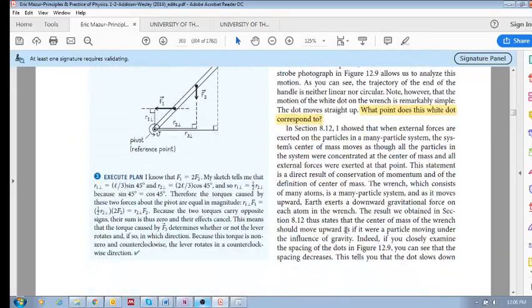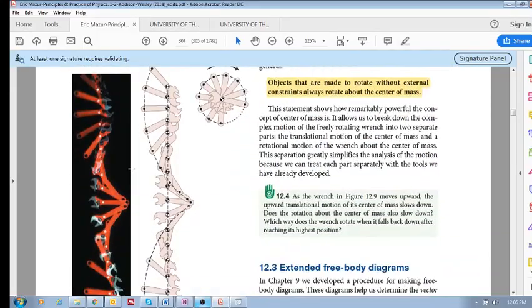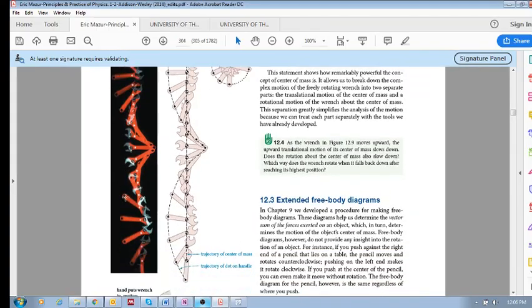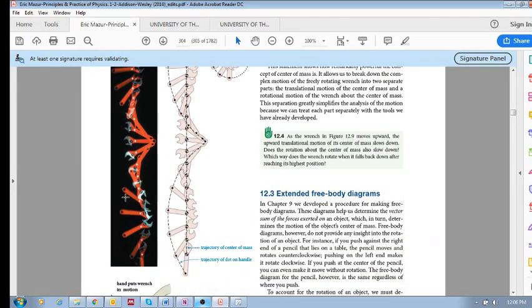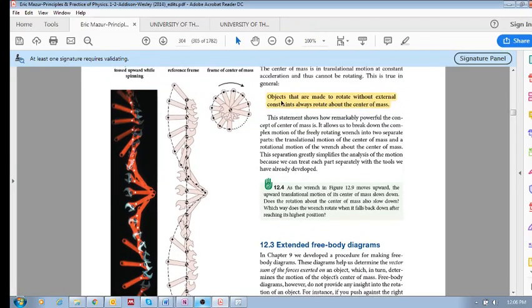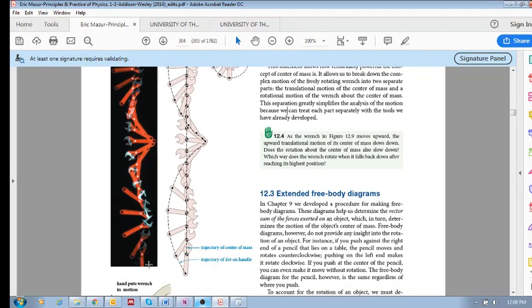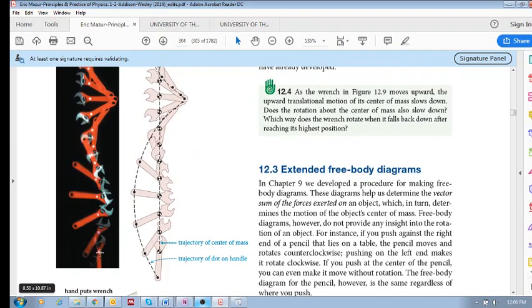Let us consider a picture again, and we'll consider this wrench. Well, we call it a spanner. You take the spanner and rotate your wrist and throw it up. So it's going up and it's rotating, so it's experiencing free rotation. And if we analyze this white dot on here,